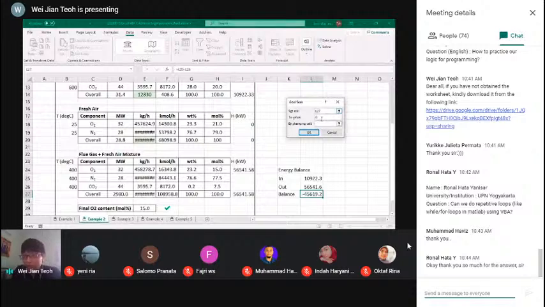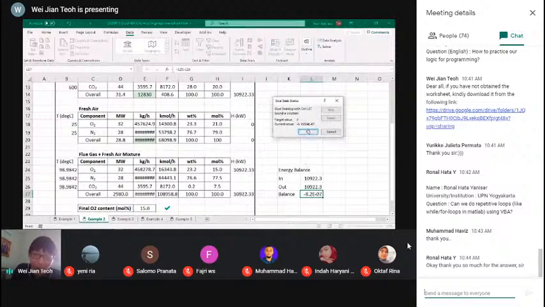Because an energy balance, no heat loss, no reaction and so on, the energy balance is inlet equal to outlet. So inlet equal to outlet is the same thing as inlet minus outlet equal to 0, right? So I'm going to put 0 here. I'm going to change the outlet temperature. And then I run. So in this case, this answer is not correct because I didn't fill in the other